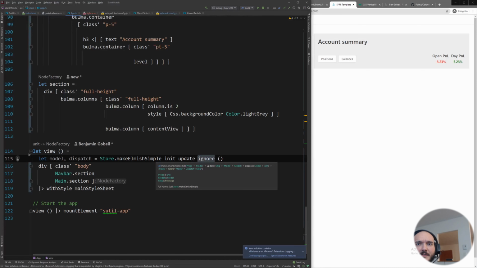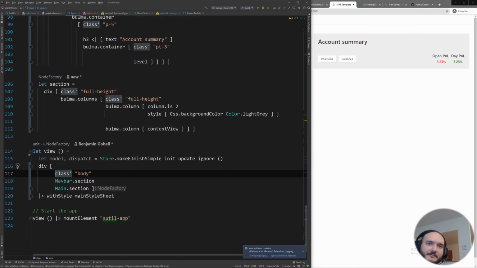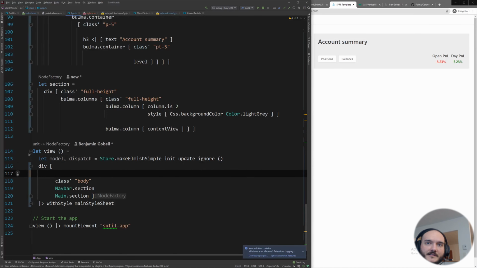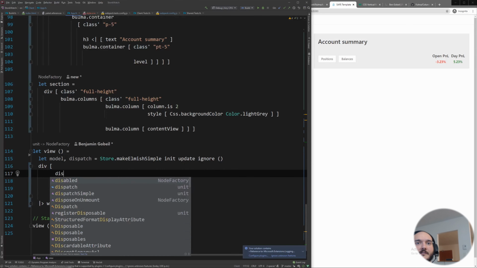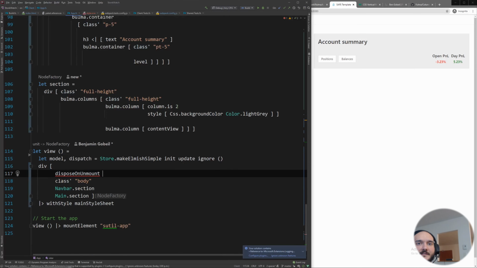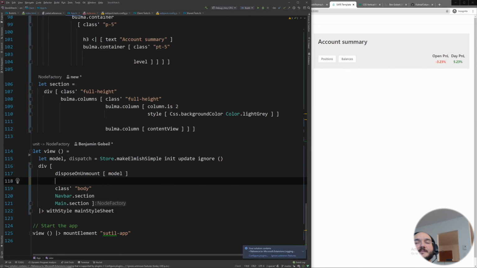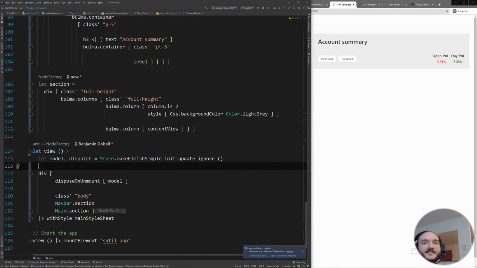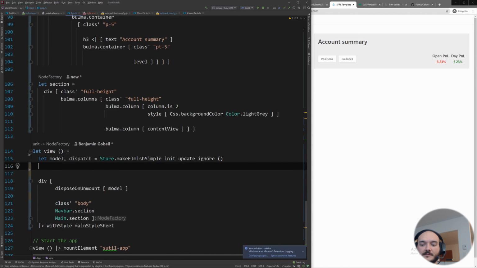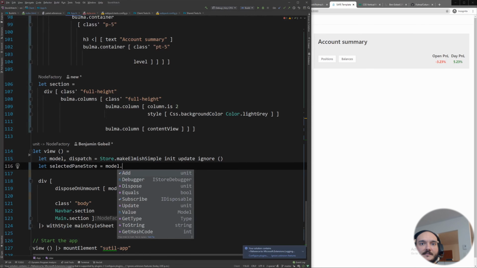But we can actually do it here. So at the top here, we need to unmount the model, or dispose on unmount, is what I meant to say. So basically, observables are disposable, or at least the store is disposable in this case. In this case, I want a store, so I want an observable, selectedPaneStore, equal to model dot,